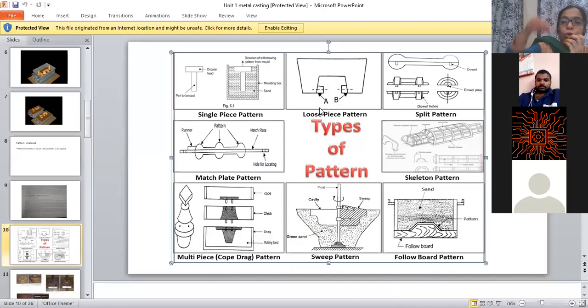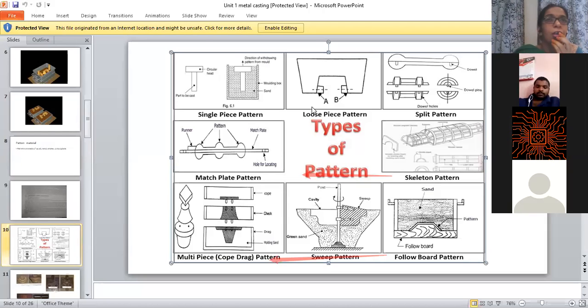First you will insert these loose pieces inside the mud, then you will insert the solid piece. When you remove the pattern, you have to take care. There is an allowance called drag allowance. Remember? Yes, ma'am. For drag allowance you will give an angle, because when you remove the pattern, because of the jerk you will get an inclination.